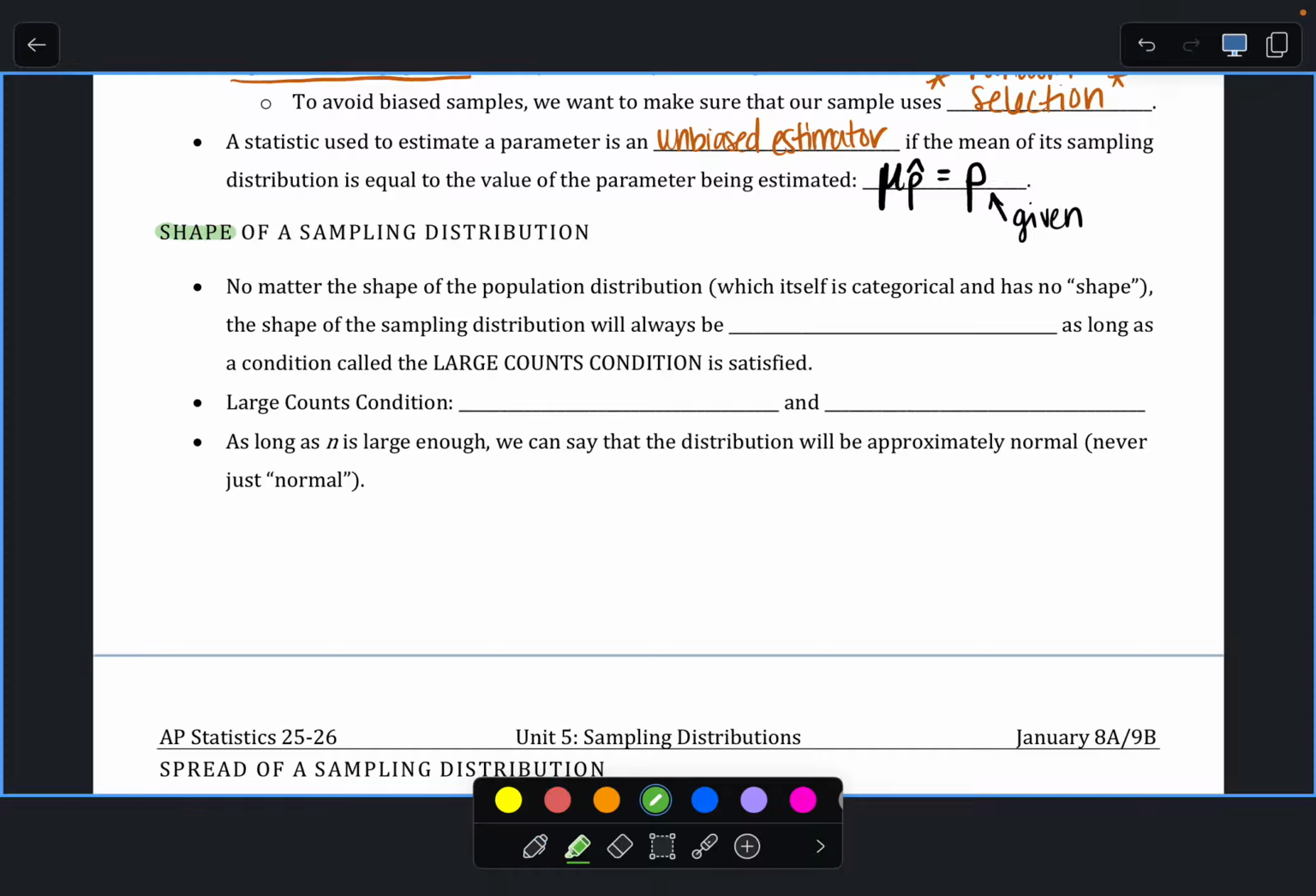Now for the second condition, because that's condition 1, the second thing that we're going to look at is shape. So whenever we are doing this with the whole idea of it being normal, we want the shape to have a normal distribution. And so no matter what the shape of the population is, it could be skewed left, skewed right, it could be normal, no matter what, the sampling distribution will always be approximately normal